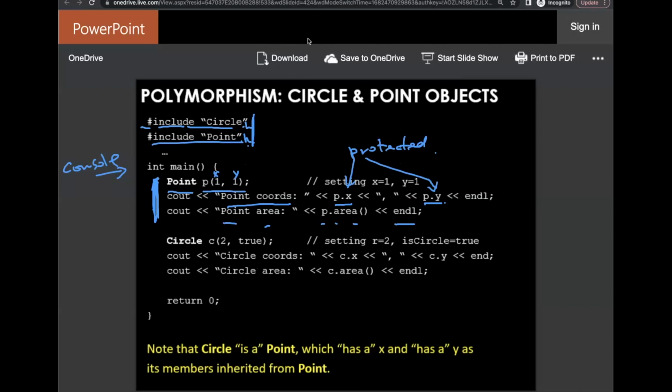We do the same thing with circle as well. Let me use a different color. So circle instantiation happens here. This is R, and the second Boolean is called is circle. So you would set these two member variables to what they should be. One of them is 2 and the other one's true. Then you can call the circle area by way of c.area. This is going to give you 2 times 2 times what? 3.14. And c.x, c.y, this is all good because both x and y came from